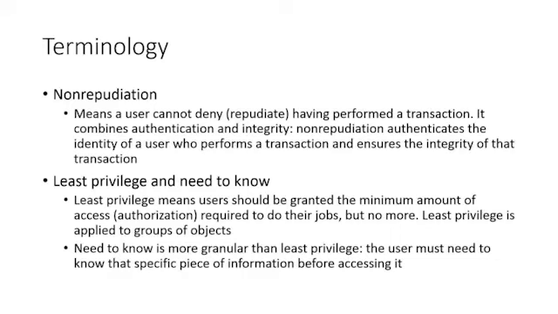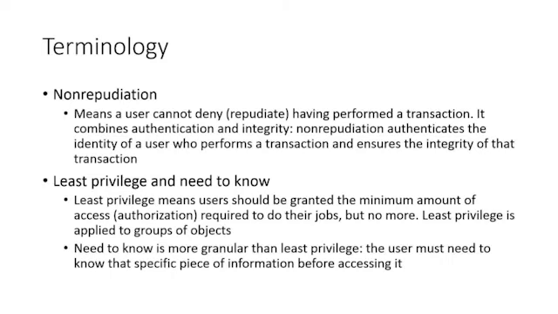And what about least privilege or need to know? We've talked about least privilege a little bit. With least privilege, we're granting them the minimum amount of access, a minimum amount of authorization, and just giving them enough to do what it is they need to do. Now, least privilege could be applied to groups of objects as well, instead of necessarily individuals. But we can say these objects need this permission level, and if you don't meet it, then you can't do that. So least privilege, giving them just enough to do their job.